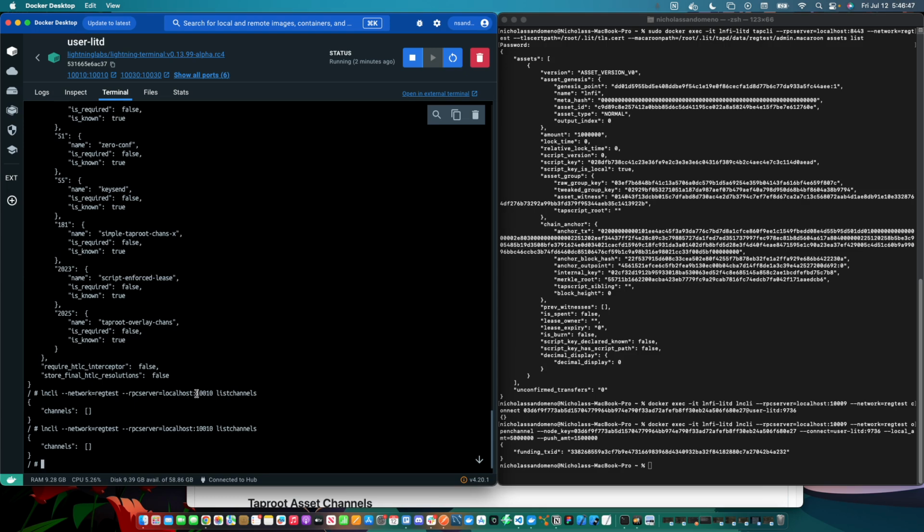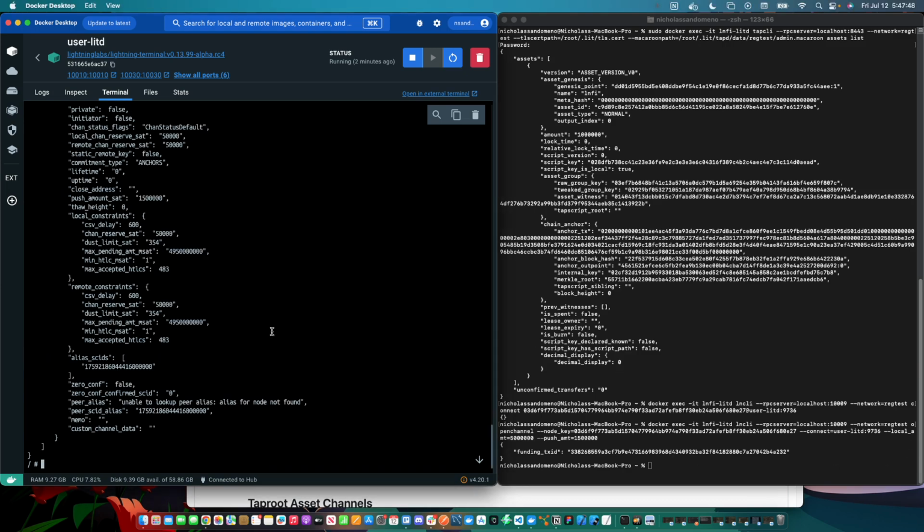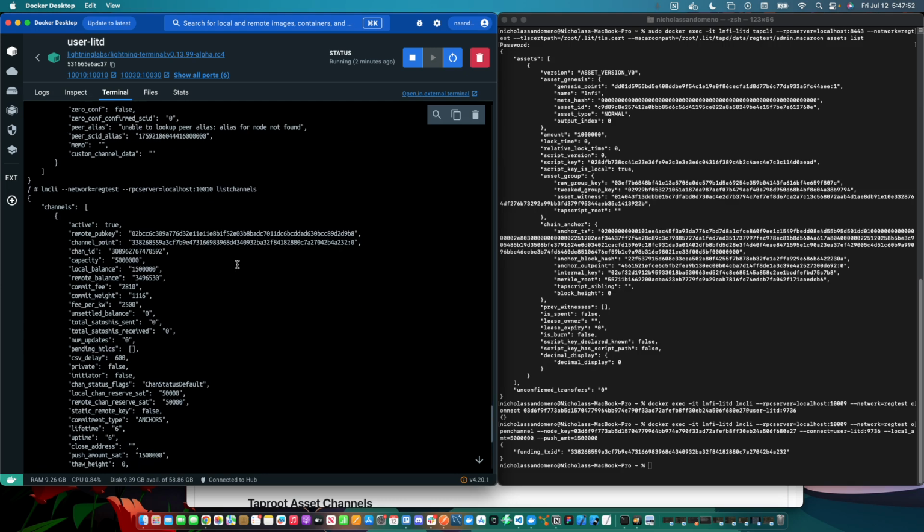The script that we use to set up this regtest network is mining blocks in the background, so this should come through in a few seconds here. Okay. So the other instance has picked up on this channel opening, and so we can now open the Taproot asset